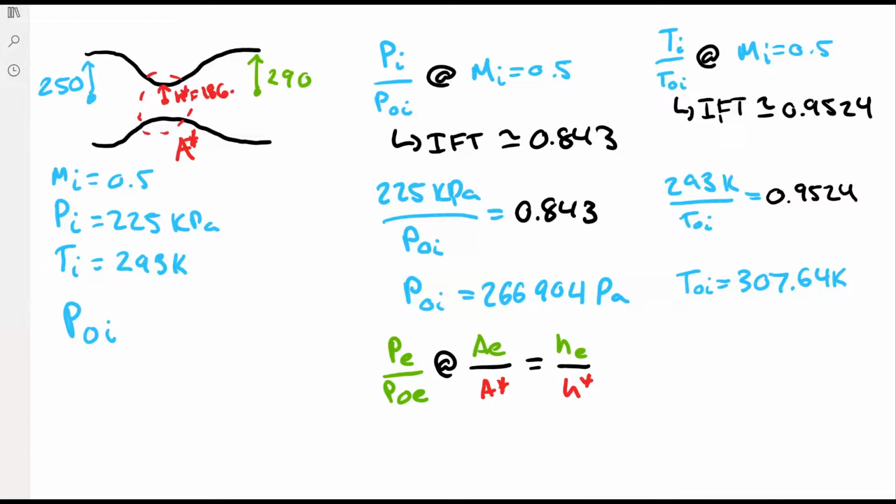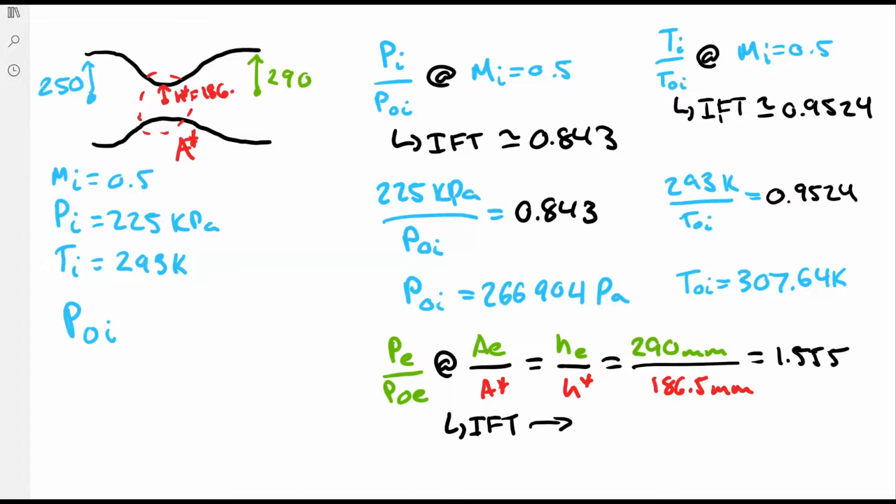We already knew our outlet half height to be 290 millimeters. And we just recently found our throat half height to be 186.5 millimeters. Therefore, the exit area to throat area ratio can be found to be 1.555. And if we go ahead and plug this into the isentropic flow table for a subsonic flow condition,